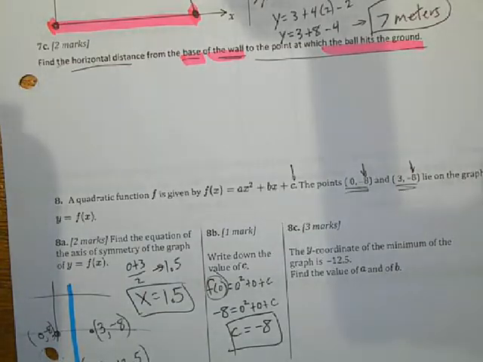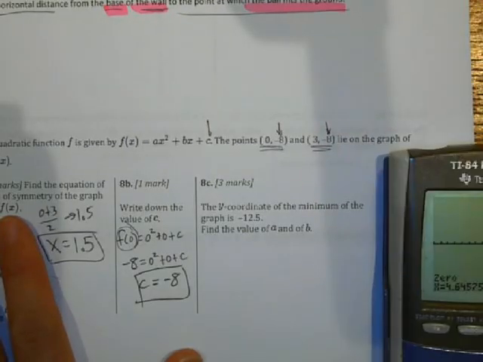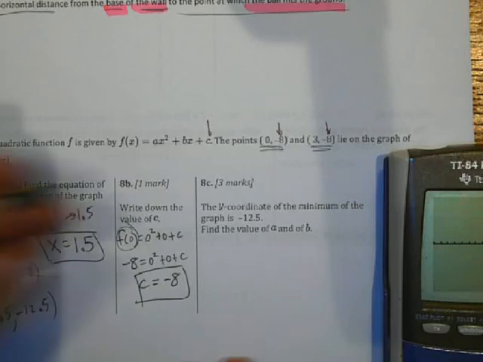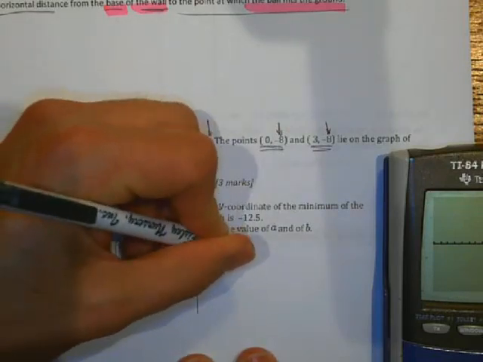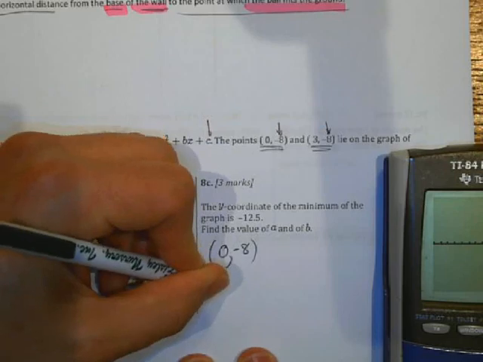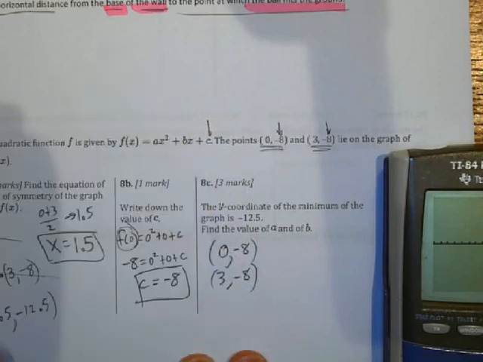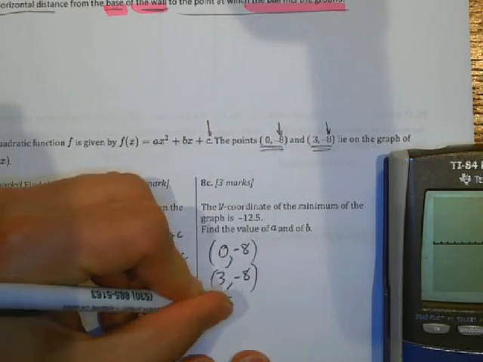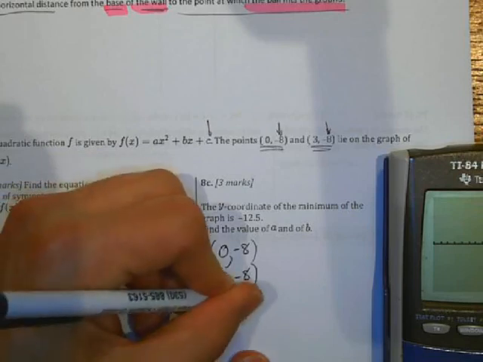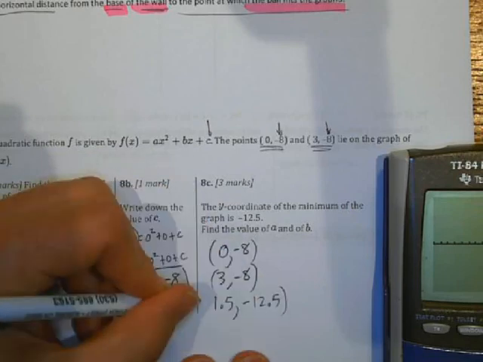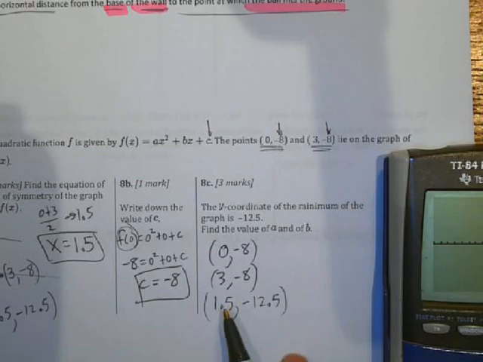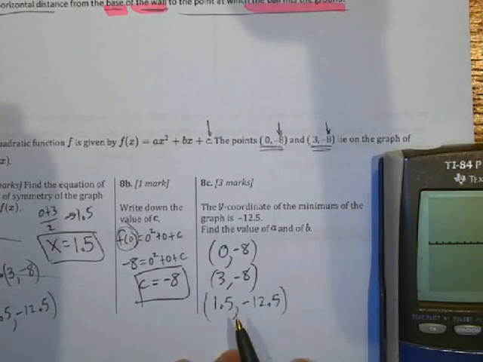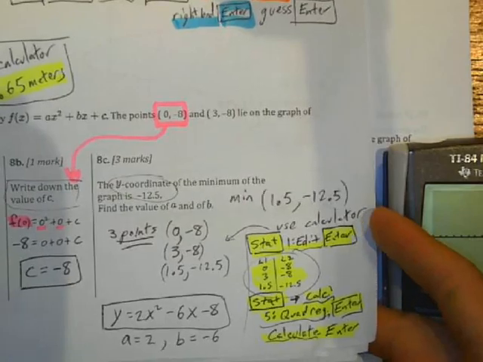I'll show the calculator steps in just a second, but I want you to see what we're doing here. Okay, so we've got the 3 dots: 0, -8; 3, -8; and 1.5, -12.5. I'll give you the steps here to copy down in just a minute, but